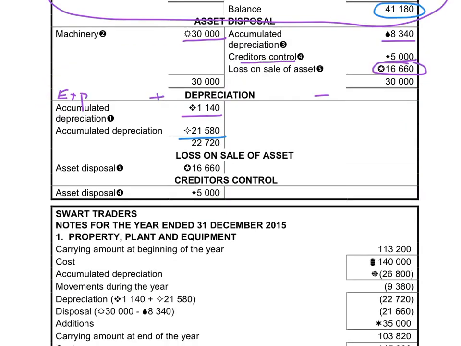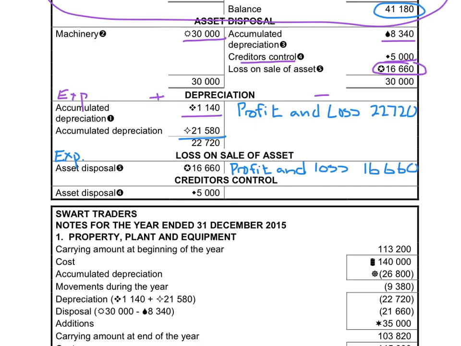The depreciation account will be closed off at the end of the year to the profit and loss account. Because it's a nominal account and it's an expense, we will indicate that the profits will decrease with 22,720. The loss on sale of asset is also expense, so we also have to close it off at the end of the financial year and transfer this loss to the profit and loss account and indicate that the profit was reduced with